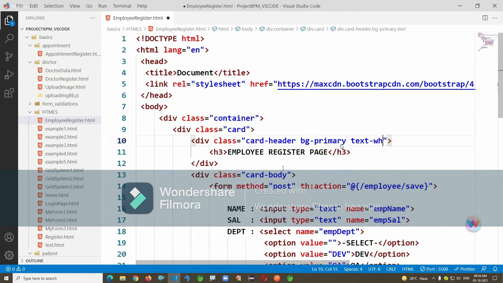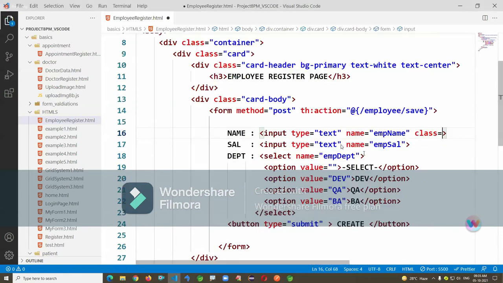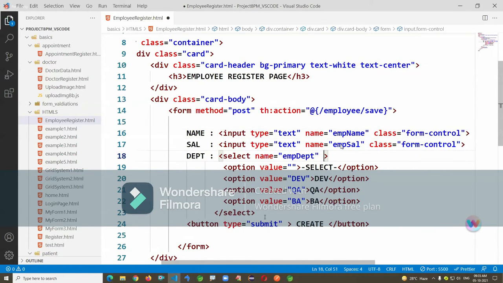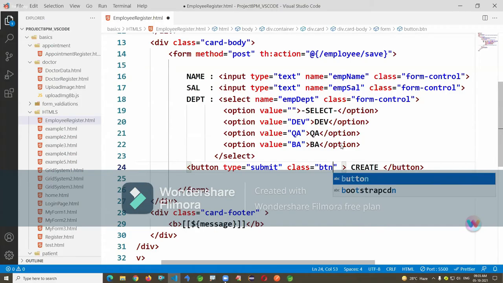Now here, class equals form-control. And a button I'm writing here, btn btn-success.